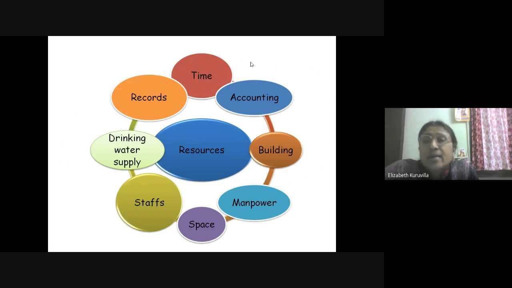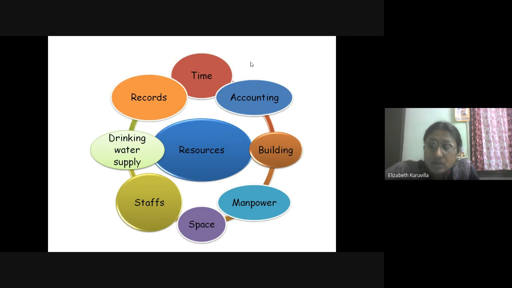Time is one type of resource, accounting is one type of resource, building is one type of resource, manpower is another resource, space is another resource, staff, including the supporting staff, the non-teaching staff and the teaching staff, everybody comes under the staff category. Then drinking water supply is another resource, records.